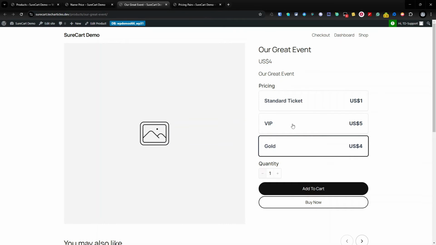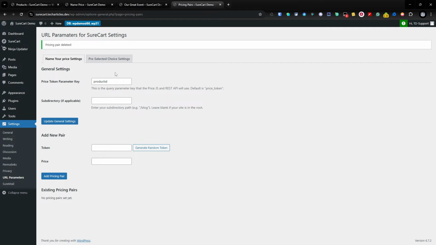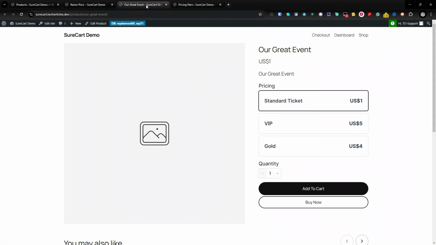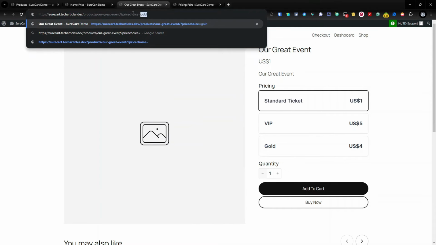Now, there is no current way to do this in native SureCart. So what I've done is, in our URL parameters, I've now created a new item called pre-selected choice settings, and we can enable this. I'm just going to take this one here first, and I'm going to disable that. So I'm going to put our great event in here. I'm going to put this as a URL parameter. I'm going to put it equals to gold, and I'm going to push enter,